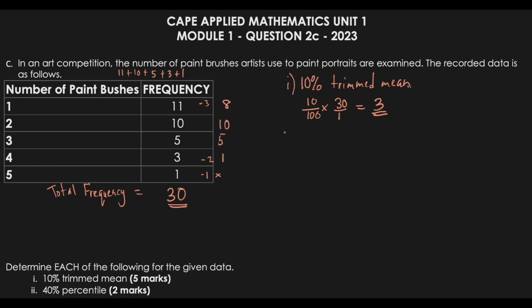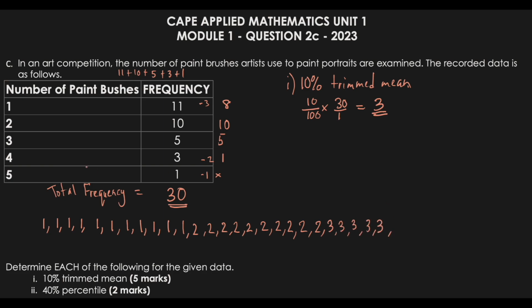Now, just in case you did not visualize that, I'll actually list out the numbers so you can see. So we have 11 ones, 1, 2, 3, 4, 5, 6, 7, 8, 9, 10, 11. And now I have 10 twos, 1, 2, 3, 4, 5, 6, 7, 8, 9, 10 twos. Now 5 threes, 2, 3, 4, 5, and then we have 3 fours, 1, 2, 3, and we have 1